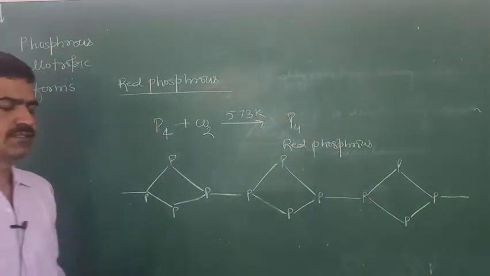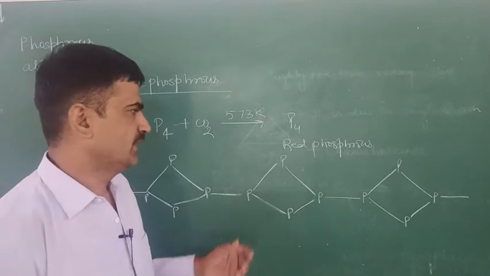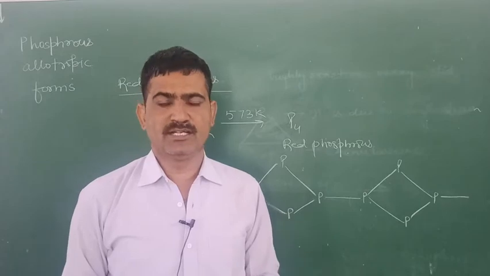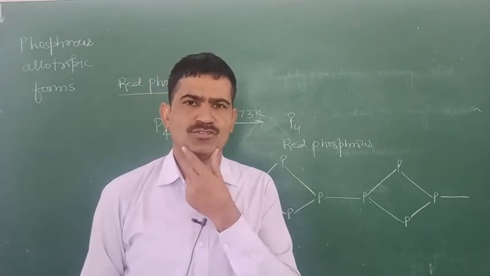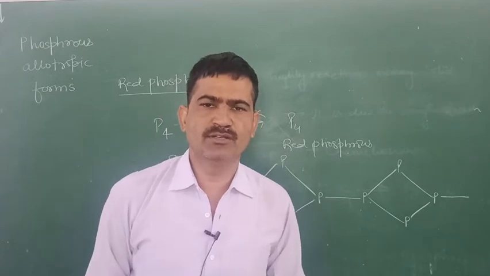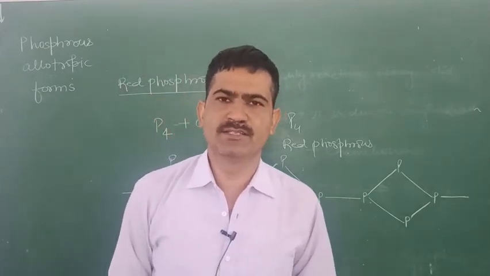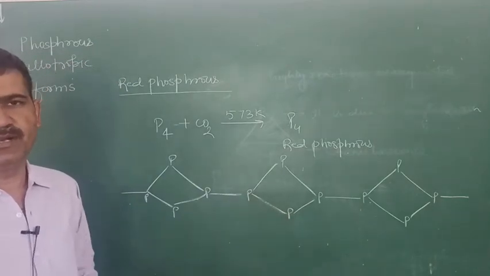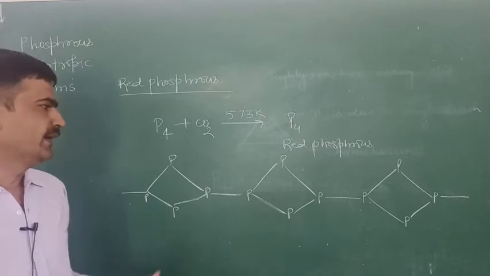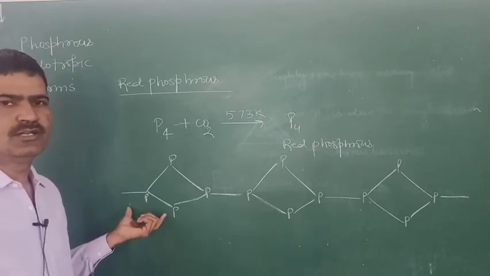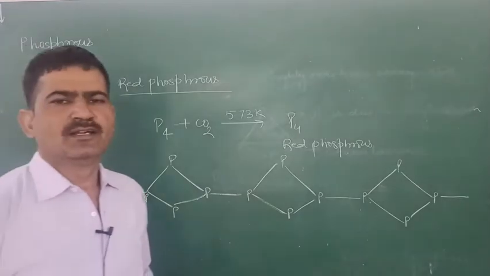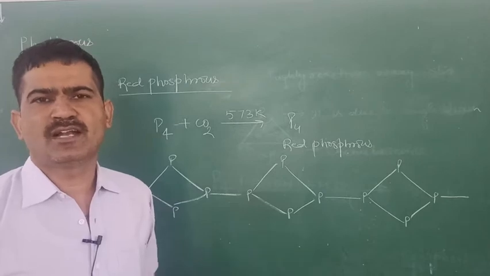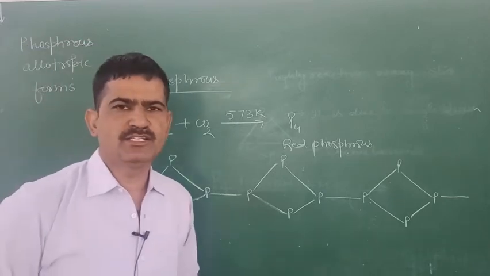It is non-poisonous and it cannot cause the disease phossy jaw. White phosphorus can cause a disease that is known as phossy jaw. It is a disease of the jaws. The person who is working regularly with white phosphorus suffers from this disease. But red phosphorus is very less reactive, it is metallic gray lustrous, it has a polymeric structure, and it is non-chemiluminescent. In board exams, the difference between white phosphorus and red phosphorus is asked a number of times. So you can differentiate by these points.